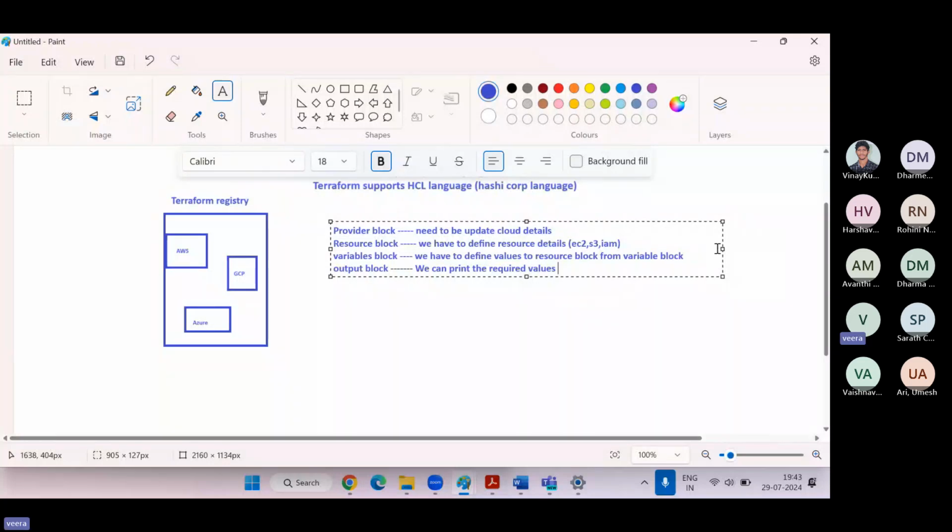We can print the S3 bucket value, the IAM user value. So there is no need to log in to your AWS console to check, after creating an EC2 instance, what my public IP is. You already have a key while creating the instance, right? With that key, Terraform will give the output value like the public IP. We can connect from outside, with no need to log in to the AWS console. In this case, the output block will be useful.